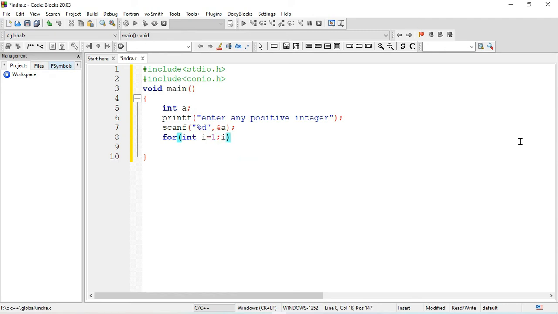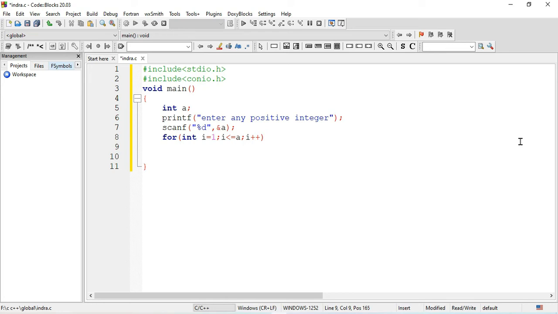Here I am just going to generate all the integers from 1 to the supplied number. The supplied number is stored in the variable a, and the value of i will be incremented by 1, so i plus plus.